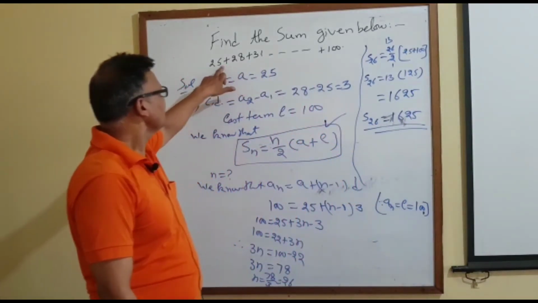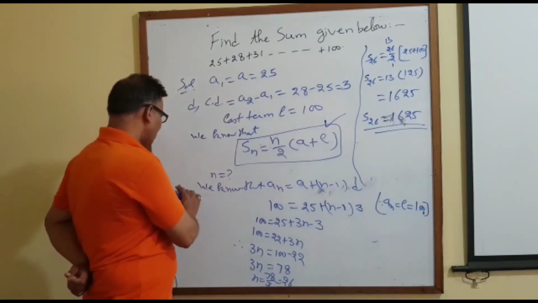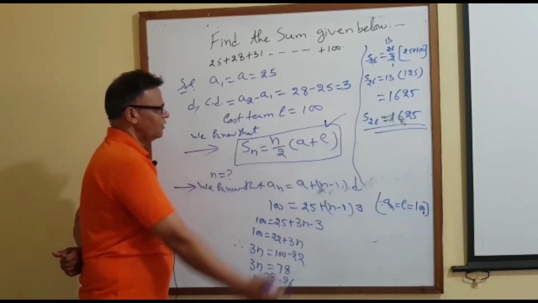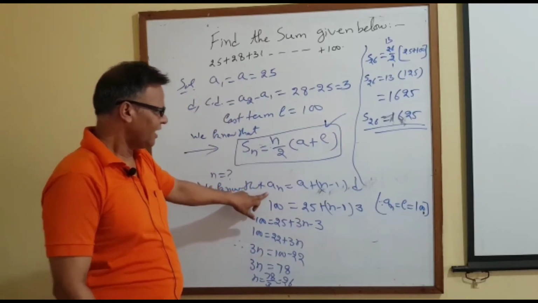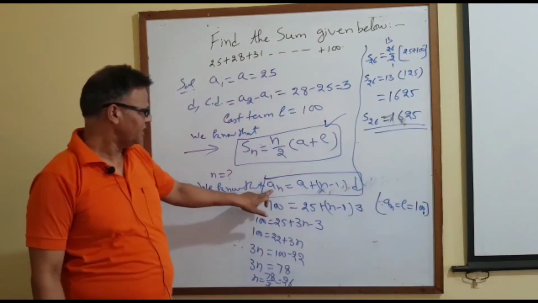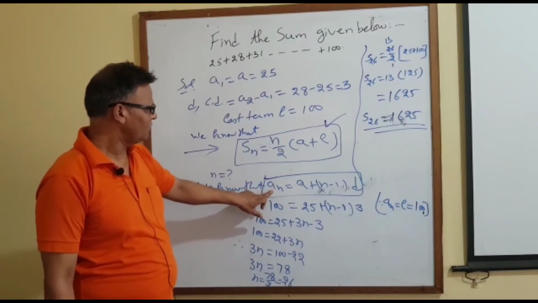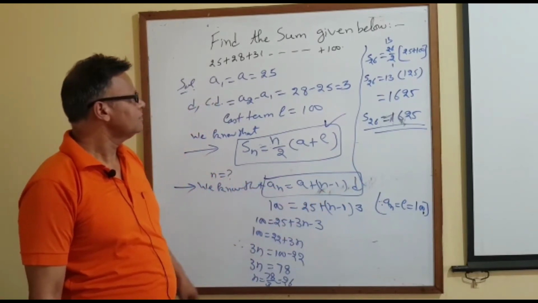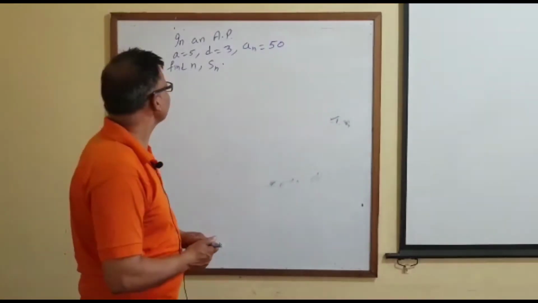So see here, in this problem we used two formulas. Number one, we had to find an, and second, how to find Sn. So if n is not given and the last term is given, we can use this formula, because an is equal to l. By putting the value of the last term here, we can find the value of n easily. Like this you can solve the remaining sums. So see the next problem.